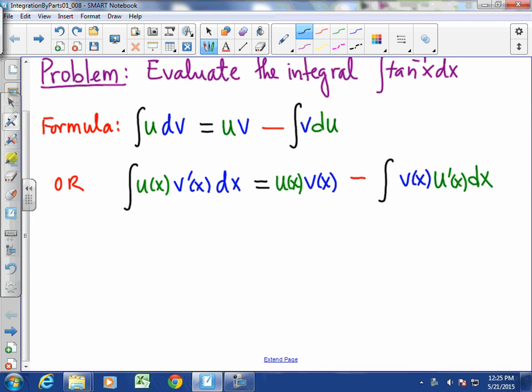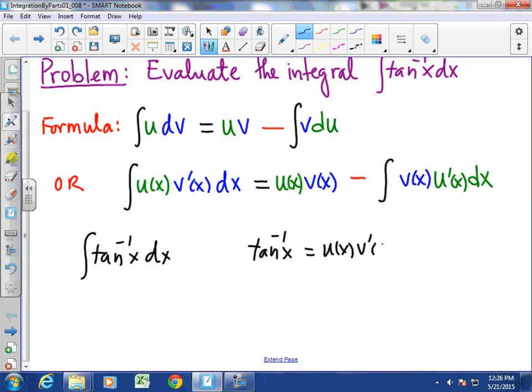Okay, so we know the integral is tangent inverse x dx. This means that tangent inverse x is this u of x times v prime of x. So now you see that the integrand in this case is only one factor. So you need to decide what is what in this case. So we see that if we set